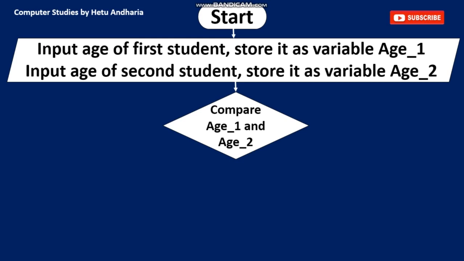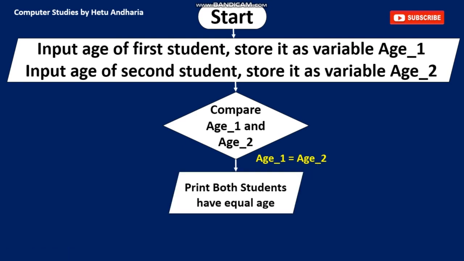So here we are going to compare the ages of both the students. Fine. Now the first outcome could be, now see, the outcomes are always displayed on the corners. So here we are displaying this outcome: if age 1 and age 2 are equal, then what would be the outcome?